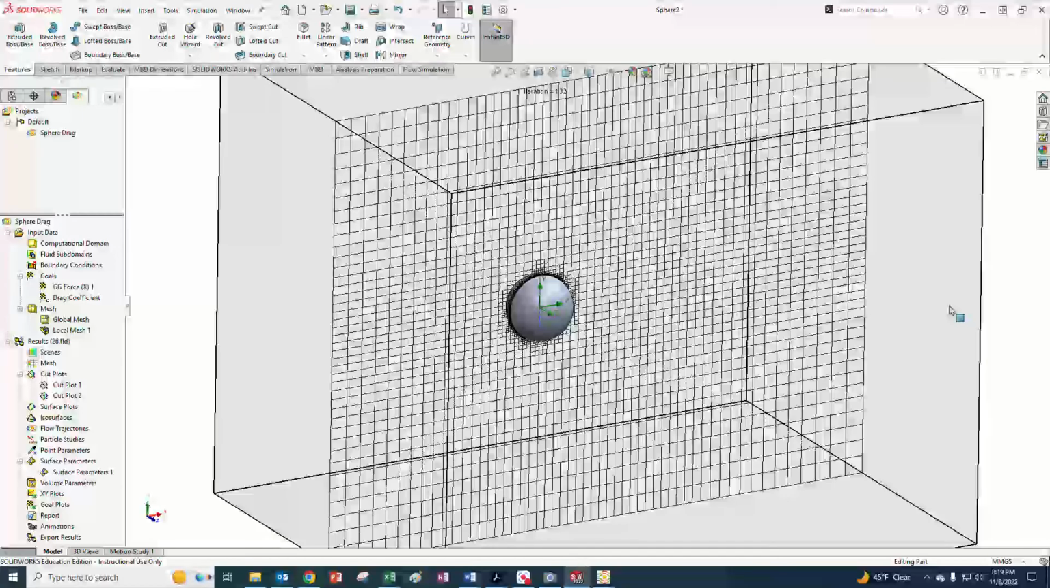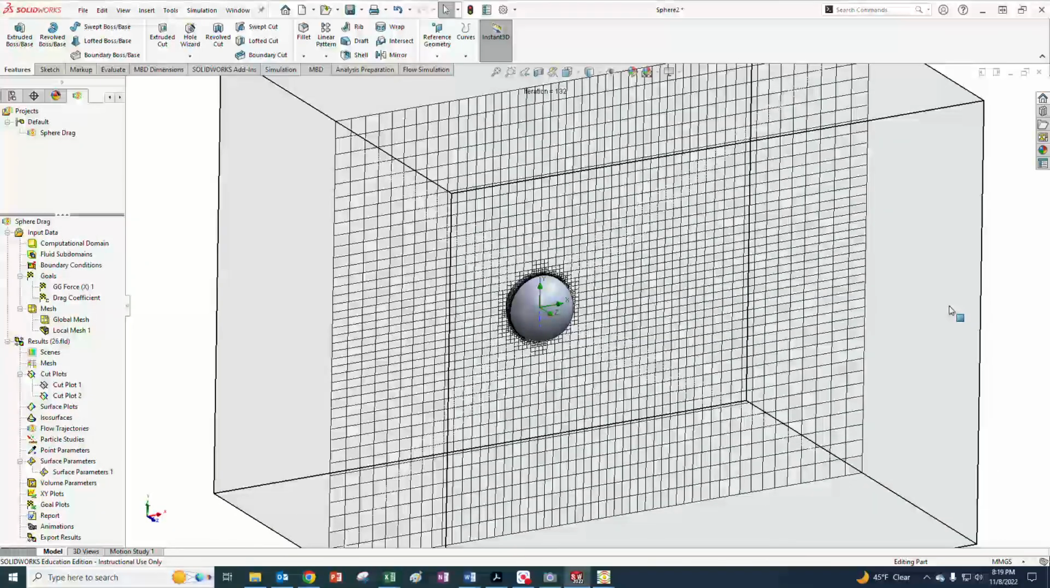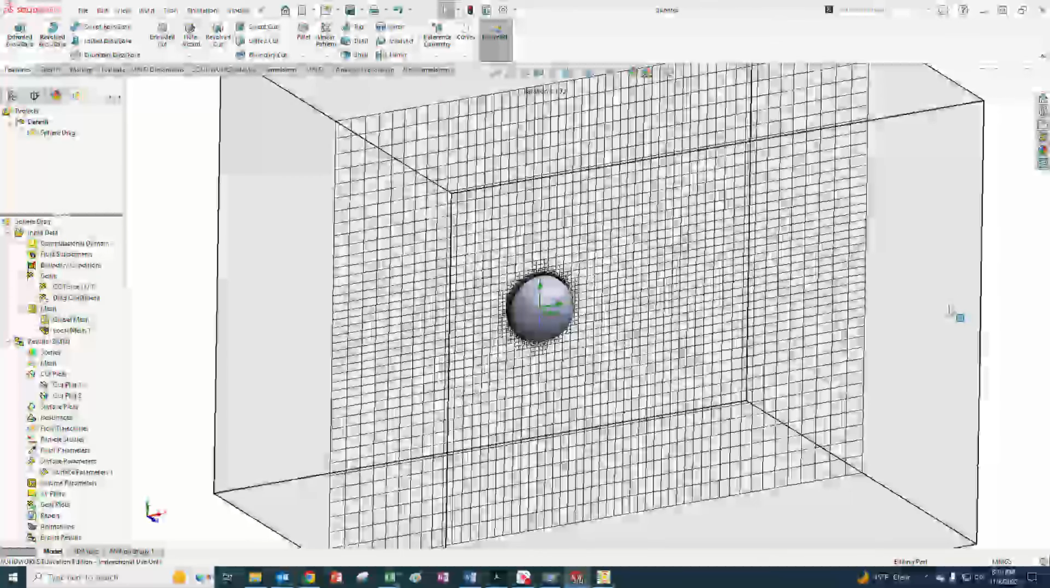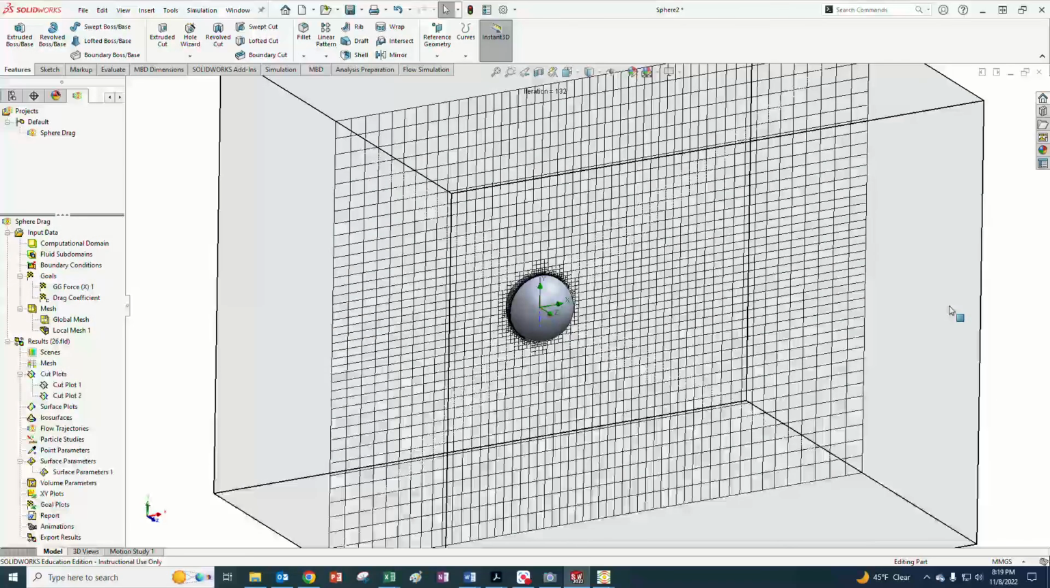So anyway, this is the demo of a three-dimensional one. I'm going to probably do another where I do an airfoil instead to try to show lift. So see you soon in another